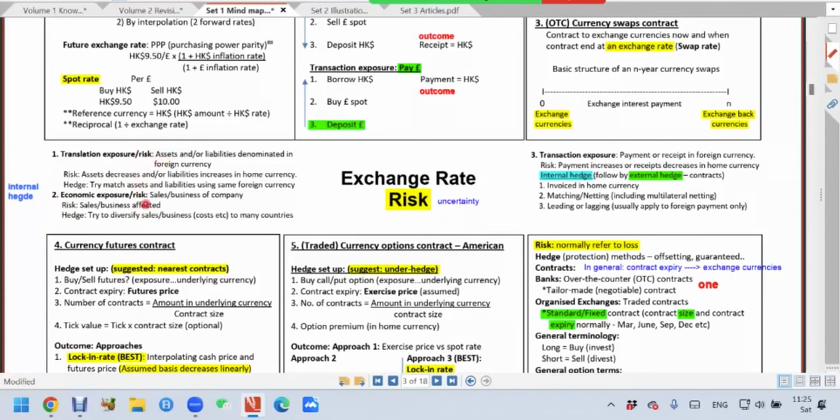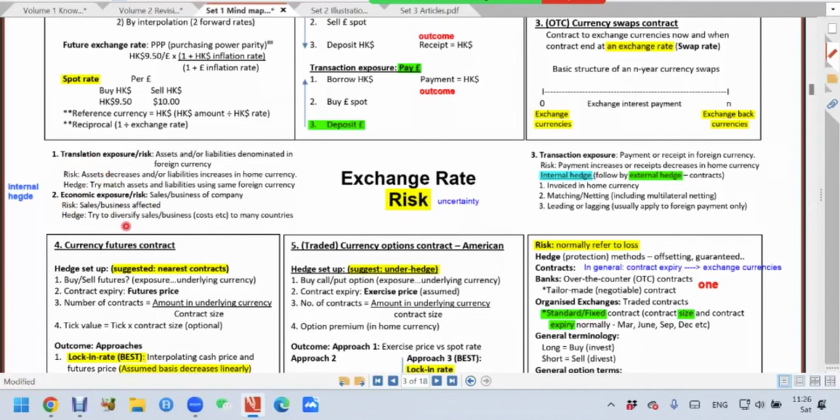The second one actually will affect the cash flow of the company. So in finance, we say that the accounting figure is not important. The important one is cash flow, because if the company has more cash, it has more value. So for this one, not hedging is okay. This one, definitely we will have to do hedging. So there is a difference between this one and this one. This is cash flow. This one is a bookkeeping figure or book value. This one is a cash value.